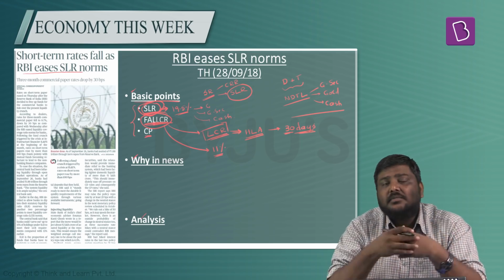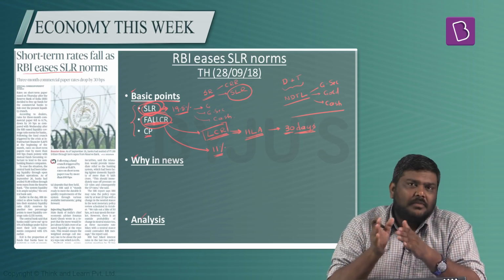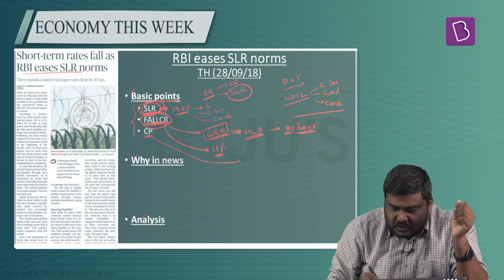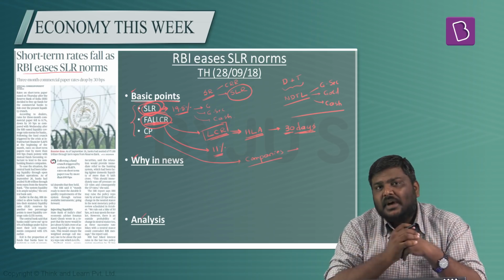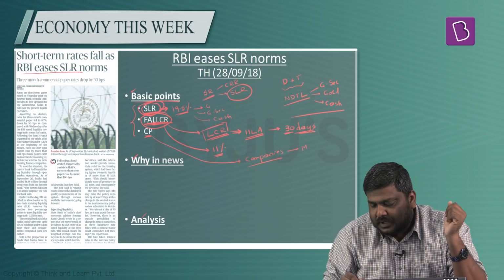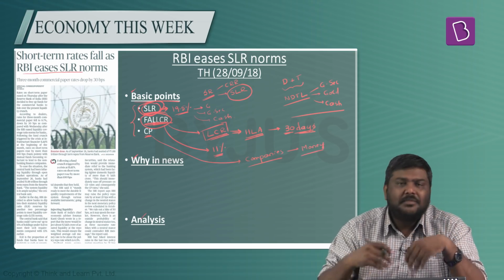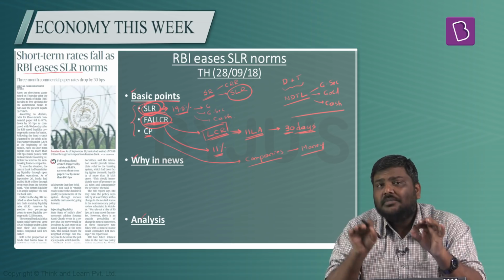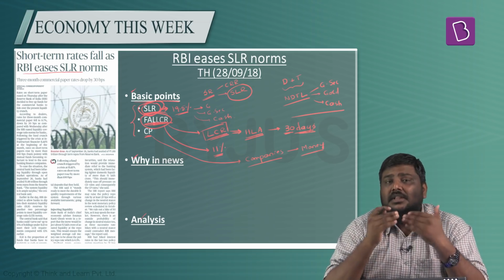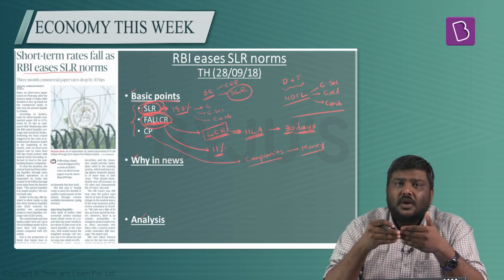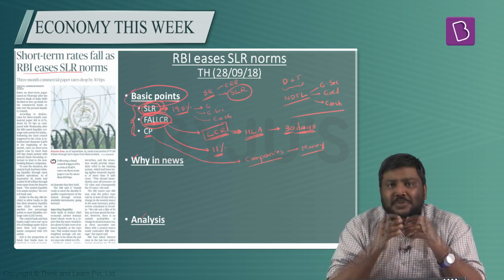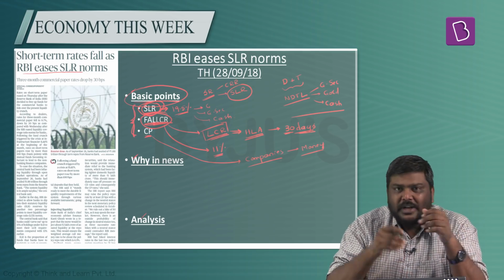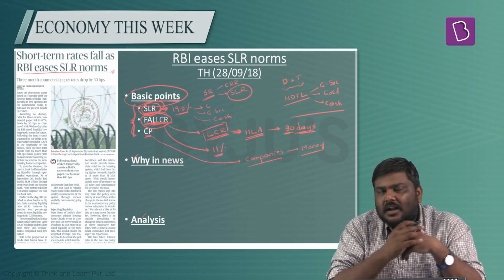And the third one is commercial papers. The concept of commercial papers is that companies can use these instruments, which they can issue in the market and collect money. But a very important feature of a commercial paper is that these are short-term instruments. In simple terms, the maturity of commercial papers cannot be more than 1 year. In the newspapers, they'll use the term up to 1 year. So these are the three very basic points you need to understand before reading this particular article.